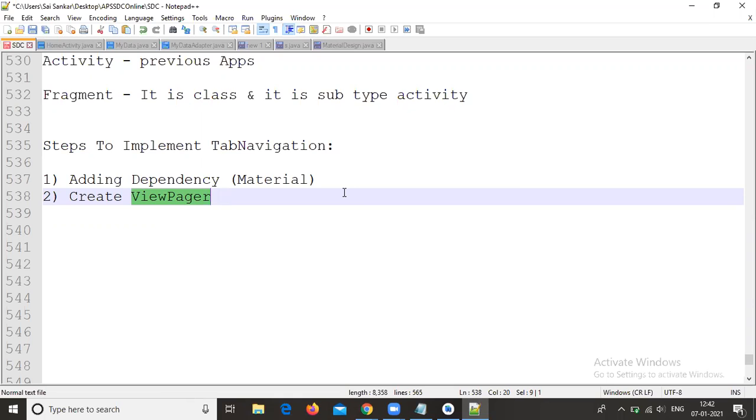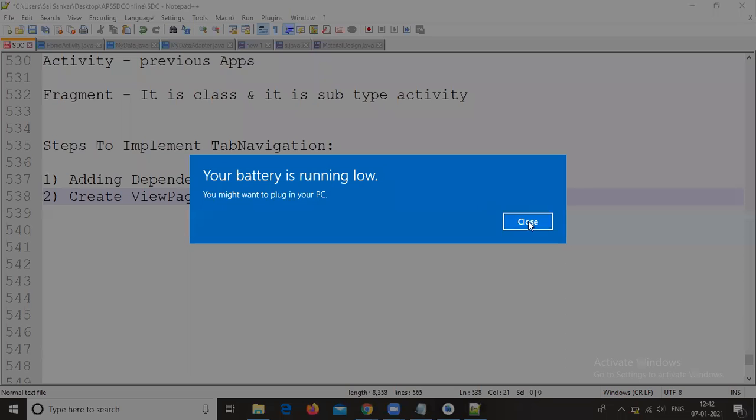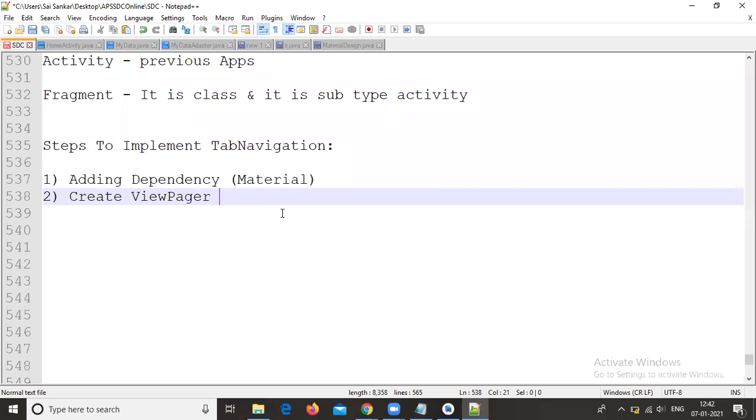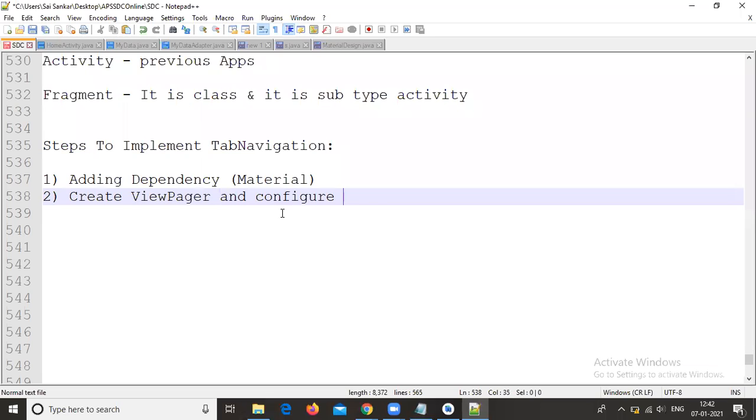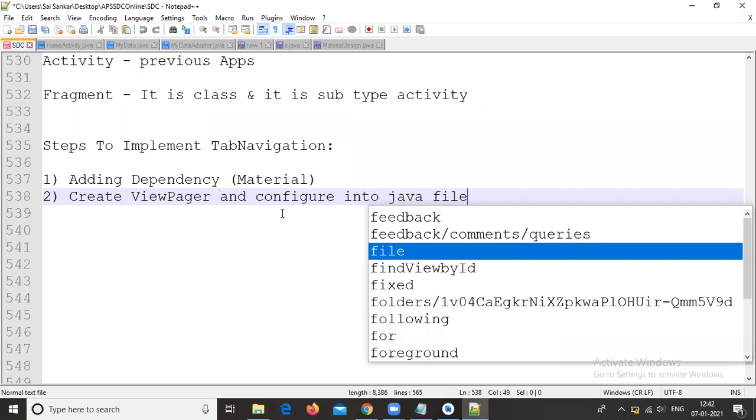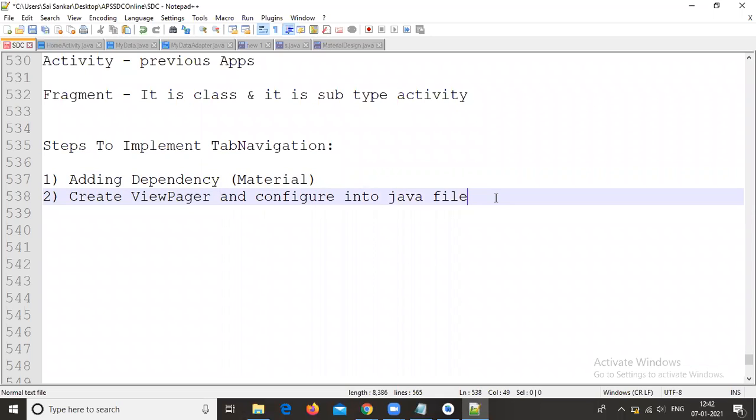For that purpose we use the view pager concept. Create a view pager and configure it in the Java file, using its id.